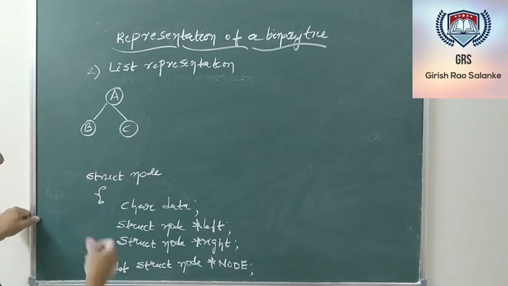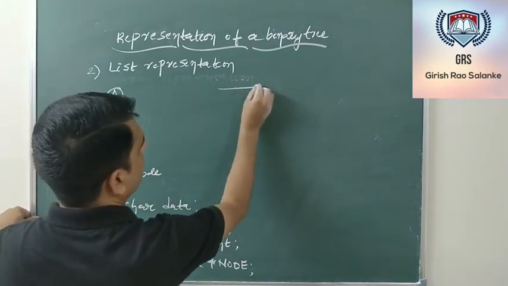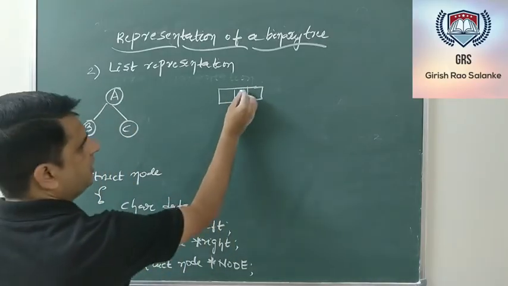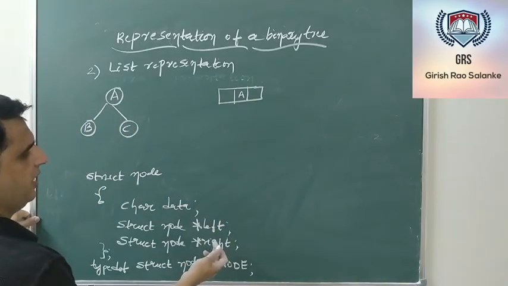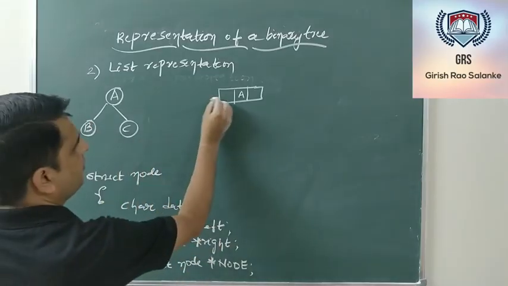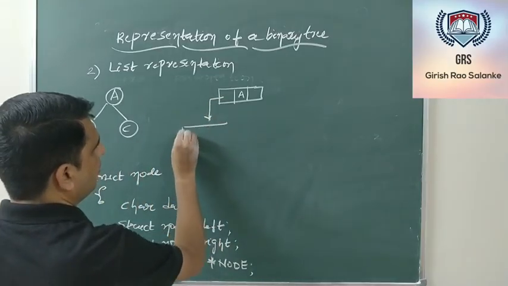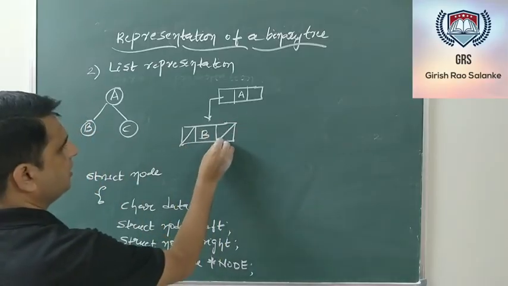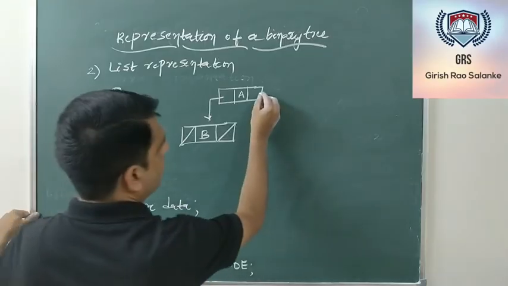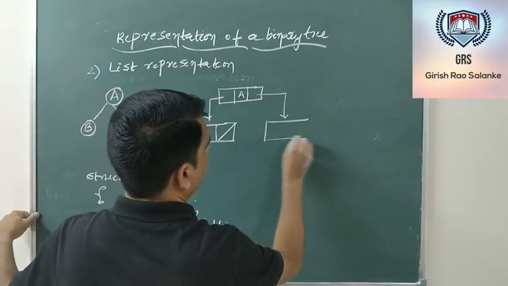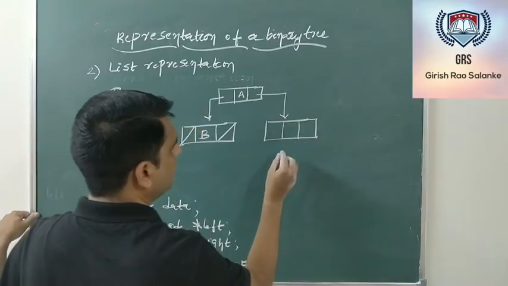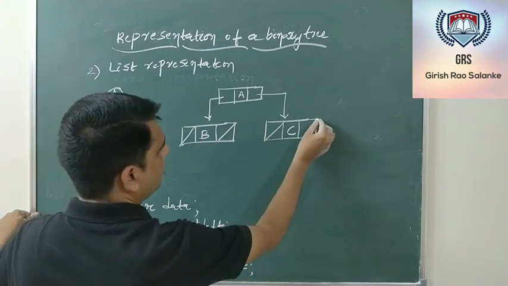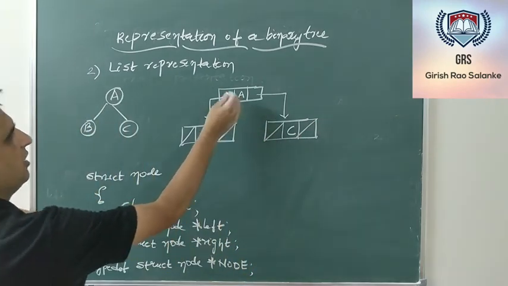My reference: first thing is for A I need to create a node. A node has three fields: the data field, the left field and the right field. The left field contains the address of the left subtree. My left subtree has only one node wherein B is there. So B does not have any children. Left and right link are null. A has the right child, so I need to create a right node wherein information C is stored. Left of node C is null, right of node C is null. Now I'll call this reference node as root.